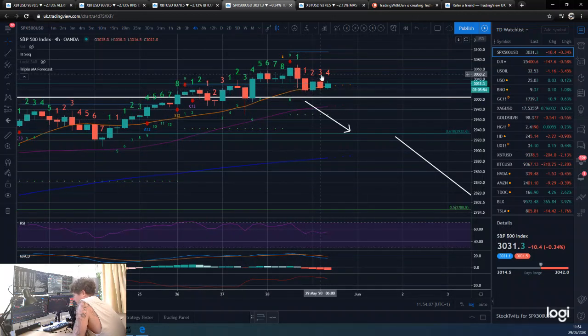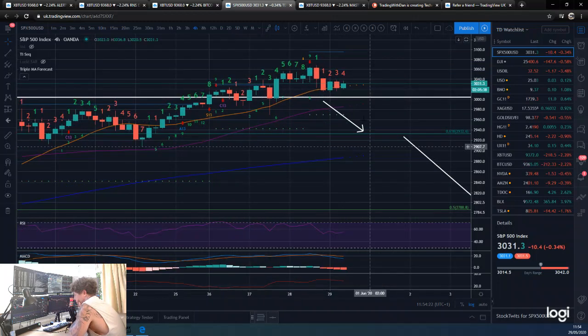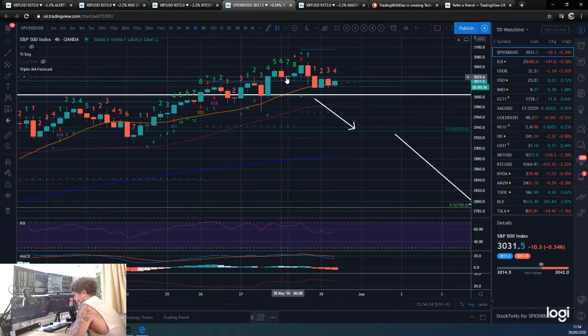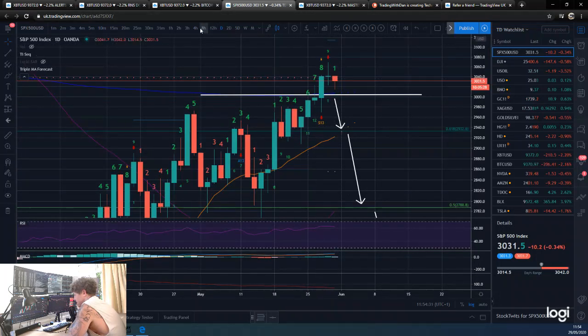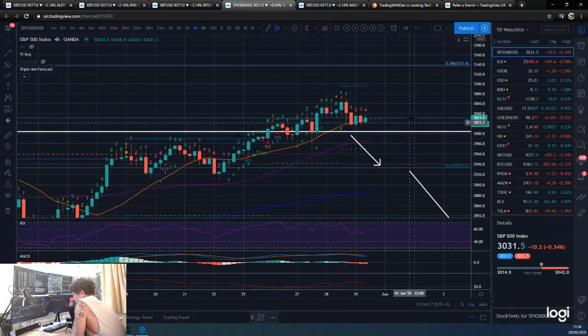And then again, a nice 4-hour 9 here. So the sell trade would have basically been the break, the close under here, which would have been this candle here. So you're basically at break even on this trade. So you're short already. If we do break below here on the daily and move down, this is sort of what you've done, you've got yourself in early off the 4-hour. You've zoomed in the time frame from the daily to try and isolate the best entry. So then you potentially get this 4-hour entry here. That's the S&P. That's what we're really looking at.